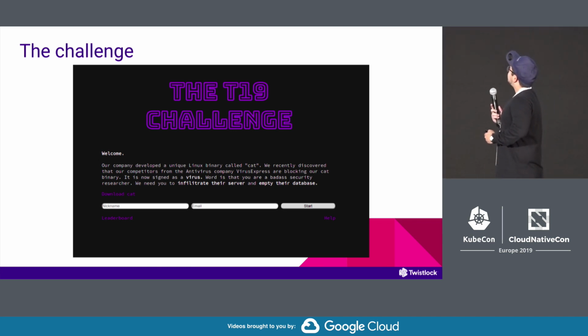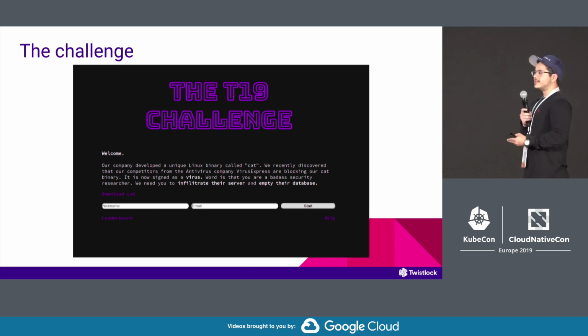So this is how the challenge looked as soon as you got into our domain. There's a little background story about this CTF. There's some company you have to hack. It's not a real company, it's our company, so it's okay. This company is a virus database company, and they put the hash of the good company, the T19 company, that we want to get off their website.